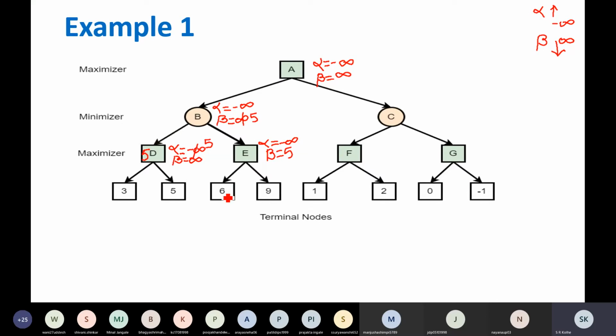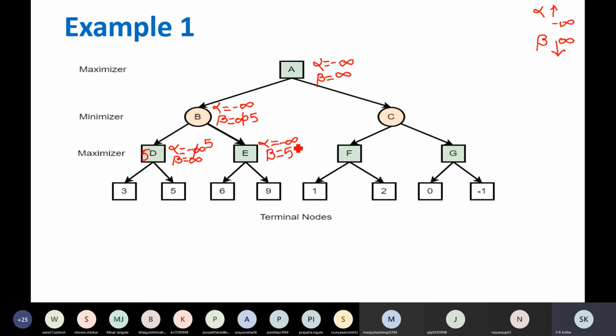This is the important part in this algorithm. Now, at node E, E will be knowing that I am getting 6 from this side. If I select this, I am getting 6. It's a maximizer node. Maximizer will update the value of alpha.